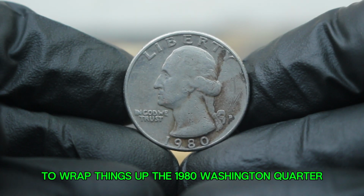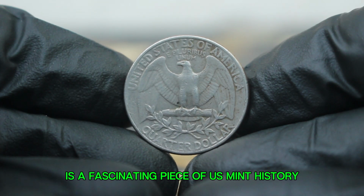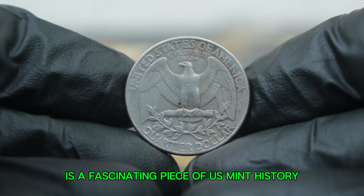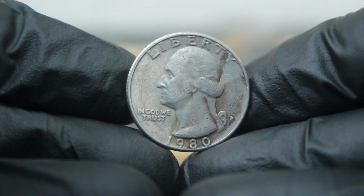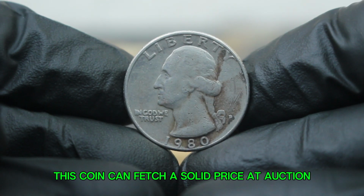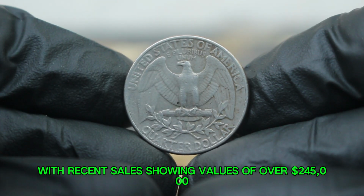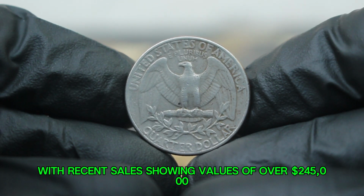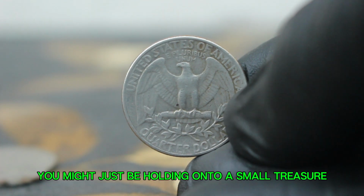To wrap things up, the 1980 Washington quarter with the D-era mint mark is a fascinating piece of US mint history, and it's one that collectors are willing to spend serious money on. Even in dirty condition, this coin can fetch a solid price at auction, with recent sales showing values of over $245,000. So, if you come across one of these, hold on tight, you might just be holding on to a